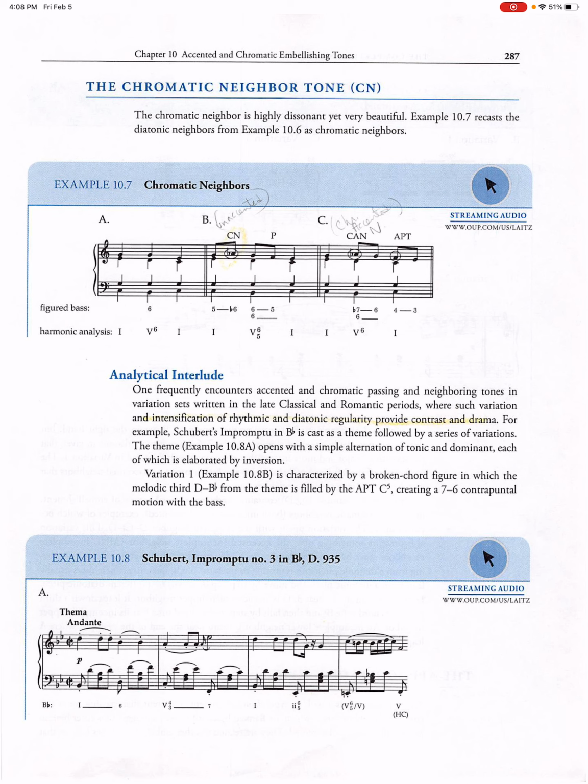Listen again. Here it comes. Okay, so CAN means chromatic accented neighbor, and APT is accented passing tone. I don't know if we're going to see CAN after this chapter or not, but for now, that's what these stand for, so you know what we're talking about. Go down now to the interlude. Let's move now